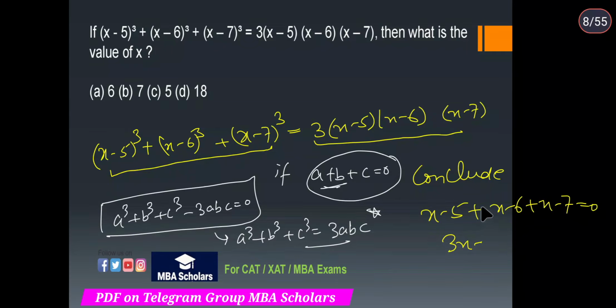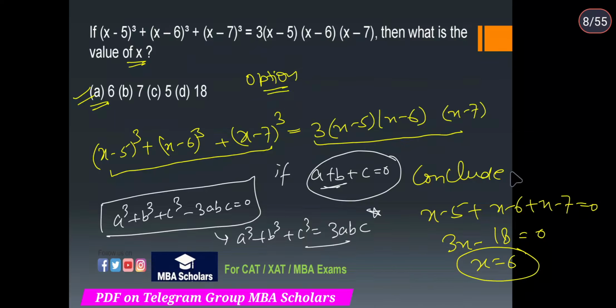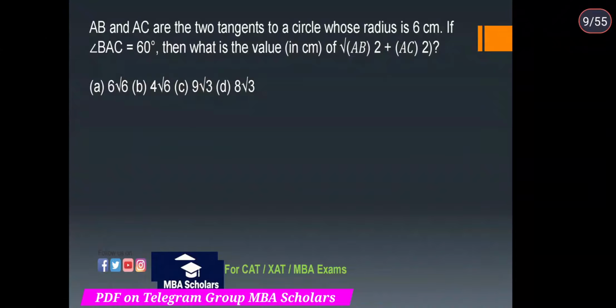So x ki value yahan se 6 aa jayegi. Now it is asking for this x, so 6 is the correct answer. Or what you can do, you can go by the options. Haan, to aap option putting se bhi kar sakte hain. Now next question we have,